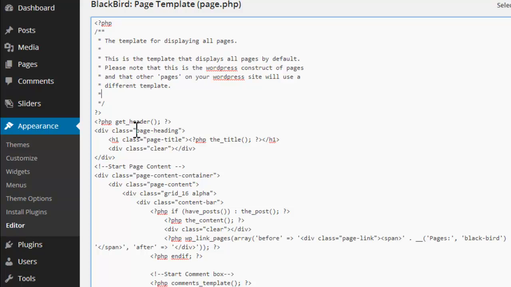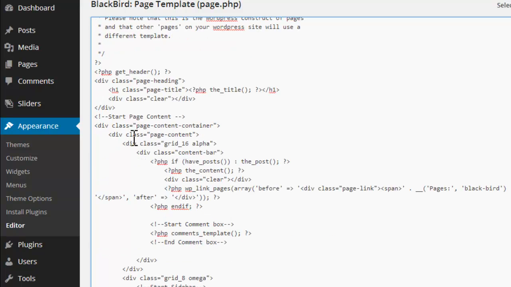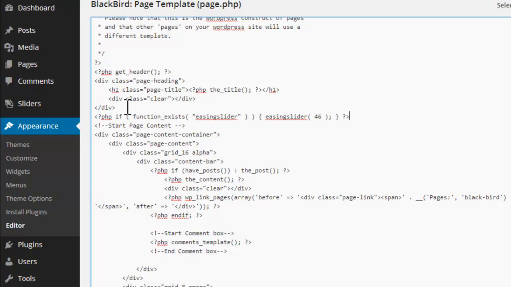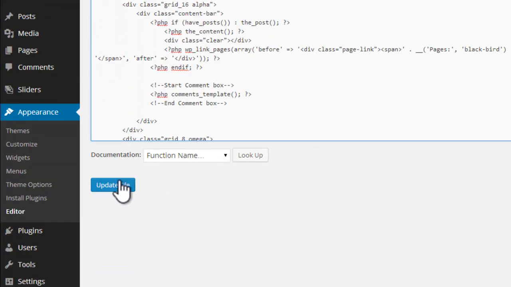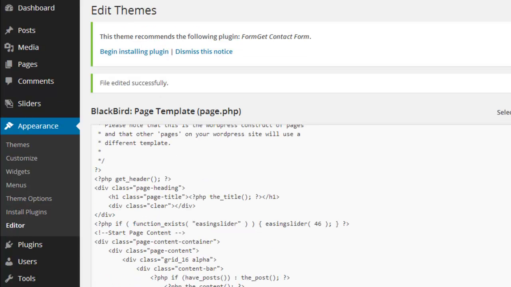Now, after this heading's class page heading, after this clear start page content, we can have this code here. Nothing we have to replace, we just have to add the slider. So it's a start page content. Before this page content, we will have our easing slider. Let's update the file and